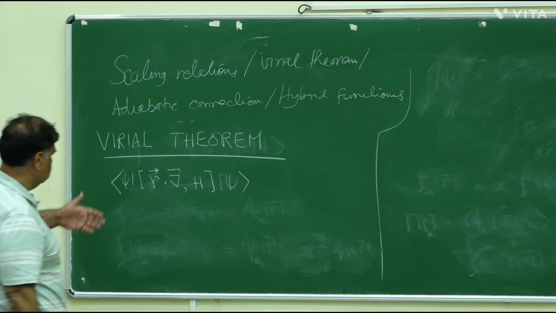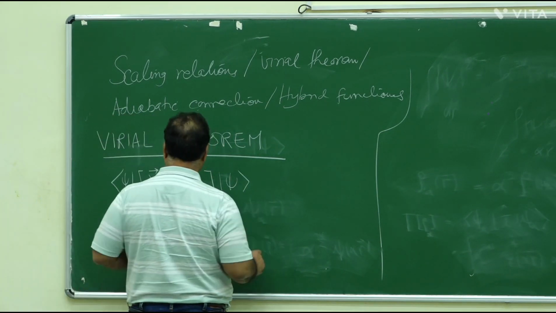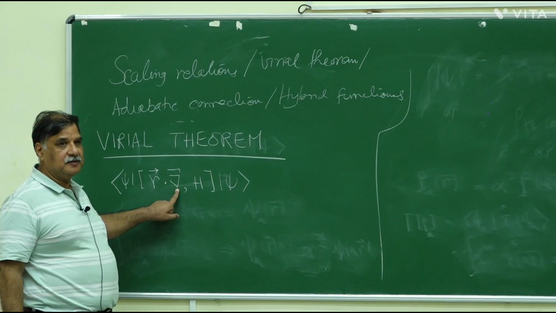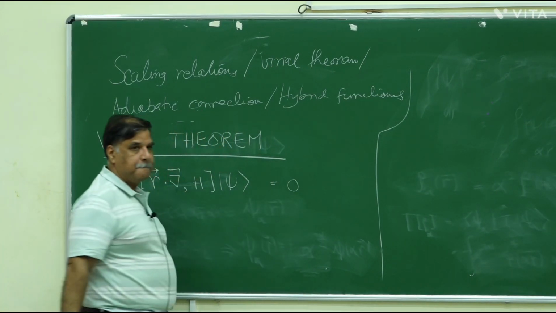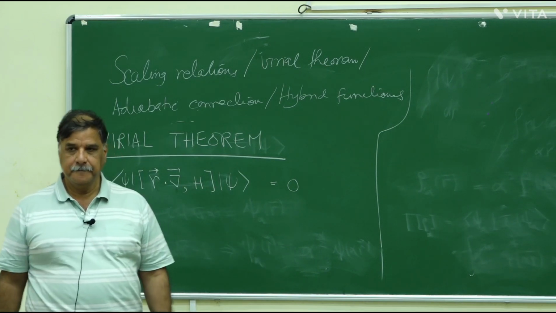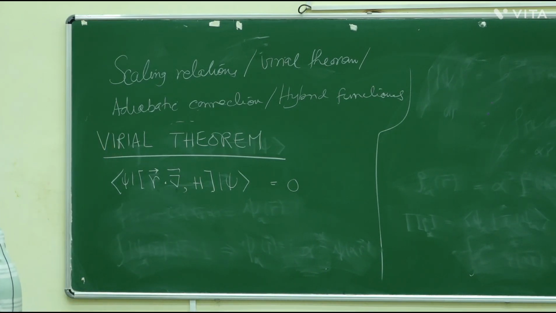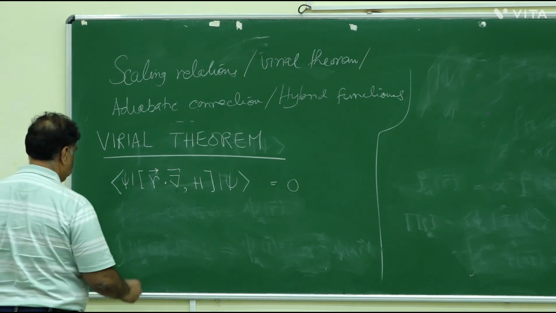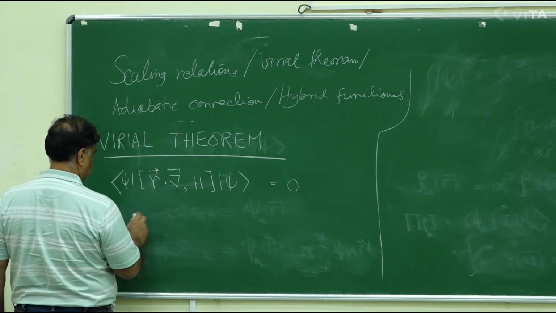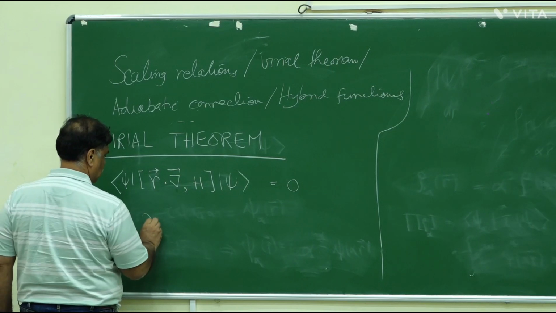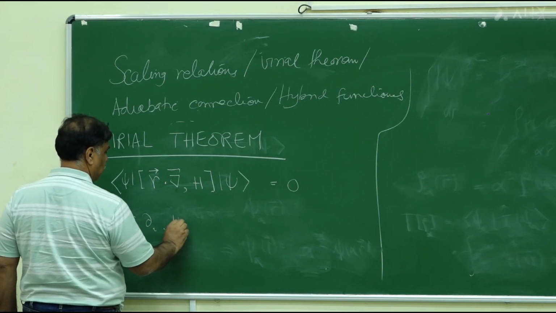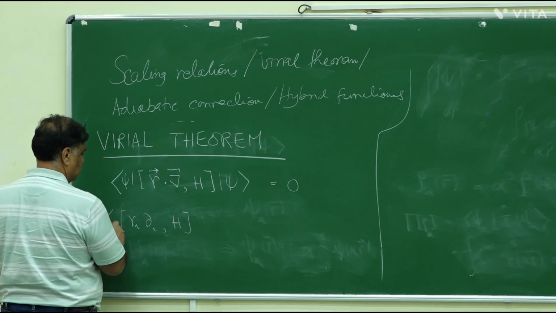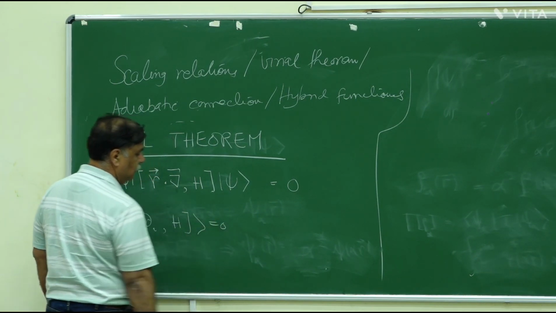Right, and these, this you can relate to R naught P, and it's a stationary state, so this is going to be 0. Okay? And when you work it out, so this is Ri, partial i, commutated with H, expectation value is 0, and